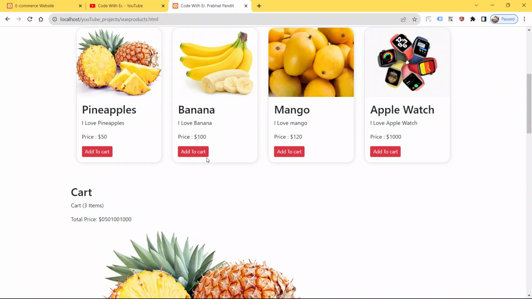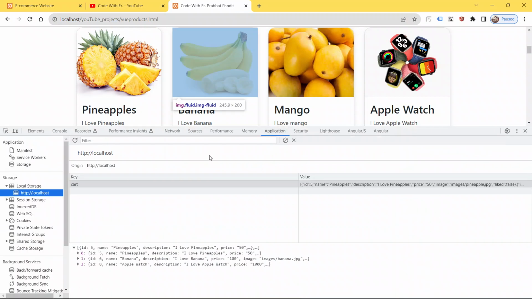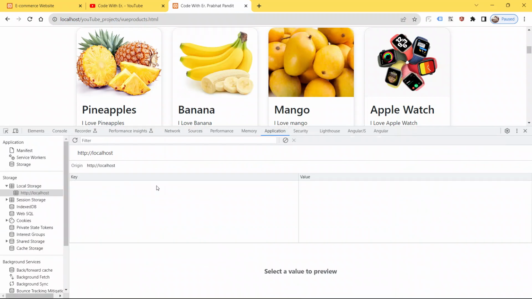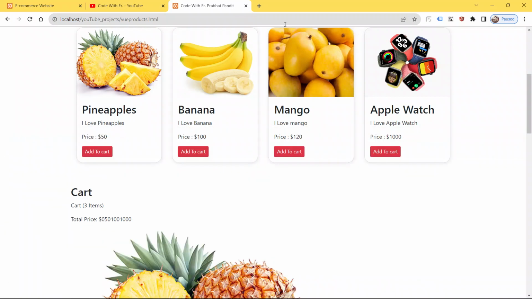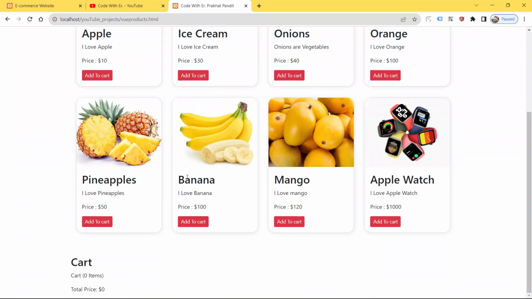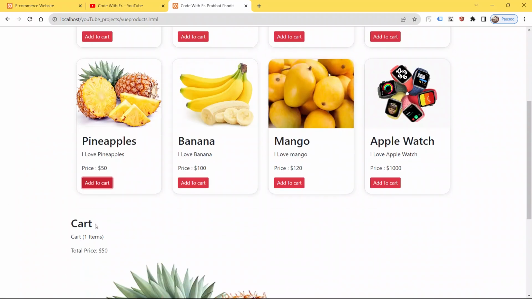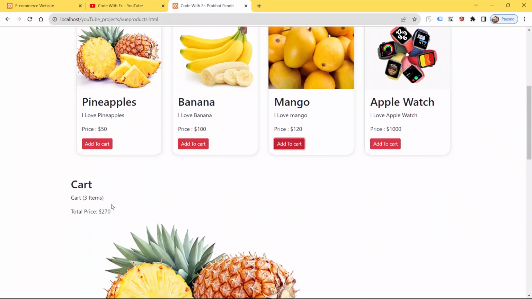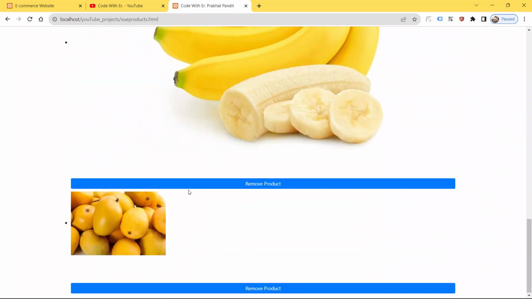So now just remove the element from the local storage first, because just remove it now. Close this and refresh the page, and now guys, try to add. See, boom guys, now it works. See guys, now it is working. Yeah, item is also 3 and price is also being updated dynamically. Okay, so guys, we have got the 3 items in our cart.